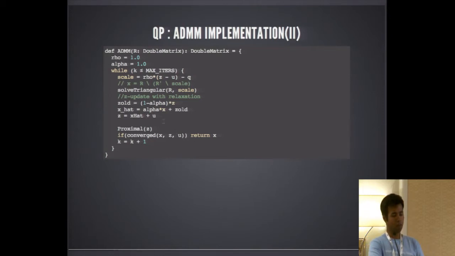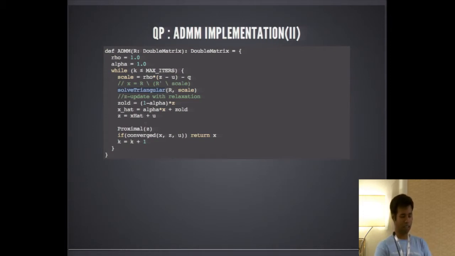I think the key point in this comes from Scala and Spark and the flexibility that we get. The solve triangular is basically a triangular solver, which is called from BLAS. Thanks to Scala, Breeze and Spark, we are calling the native Fortran code to get this triangular solve, so you get native runtime.